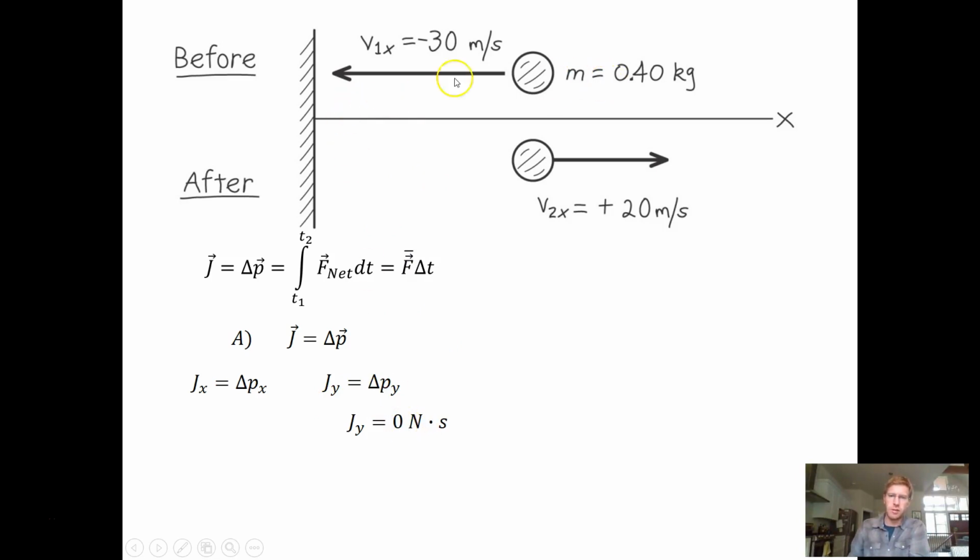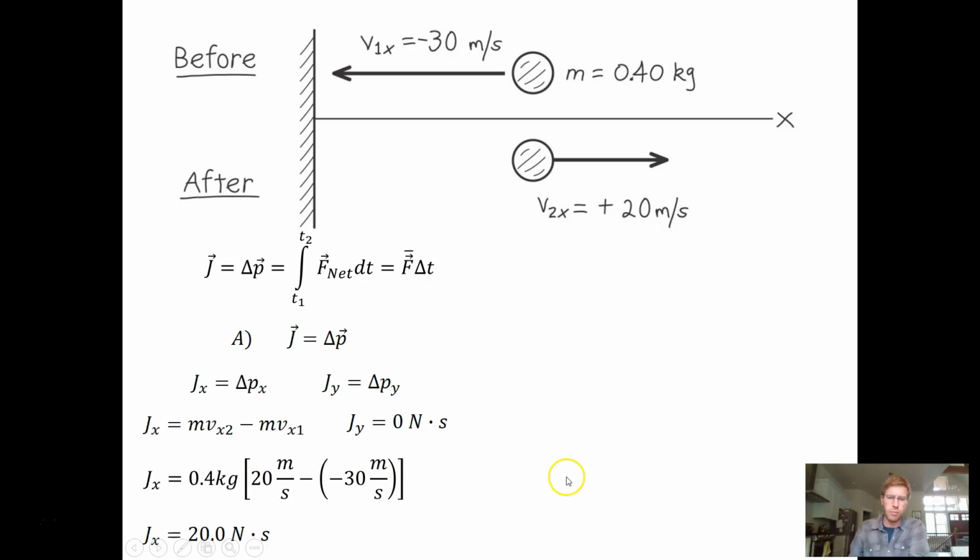Don't forget. So in this case, our impulse in the y is a piece of cake. It equals 0 since there are no y velocities, no y forces or anything else. So in the x direction, impulse in the x is equal to mv final minus mv initial, right? So now we plug in our values. m is 0.4. I factor that out since it doesn't change. My v final is a positive 20 meters per second minus my v initial, which is going in the negative direction, so it's a negative 30, minus a minus, right? Minus a negative gives us plus, so we have 0.4 times 50,